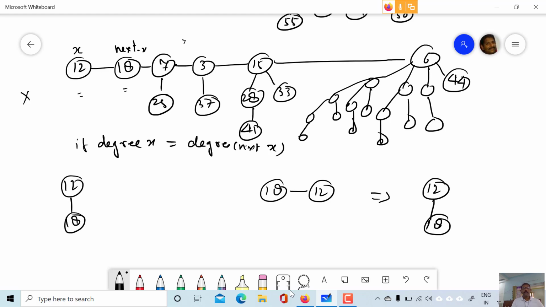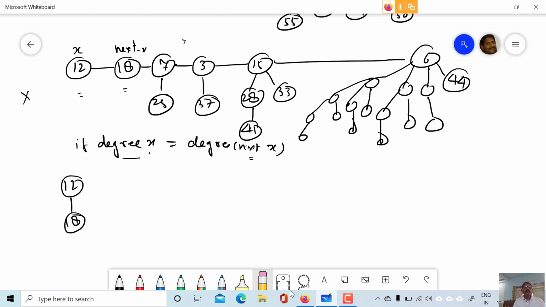Okay, the conditions of case 3 and case 4 are very much similar: degree of X is equal to degree of next X. But the difference is that in case 3 the key value of next X is larger, and in case 4 the key value of X is larger, so 18 will become the child of X. Okay, and therefore